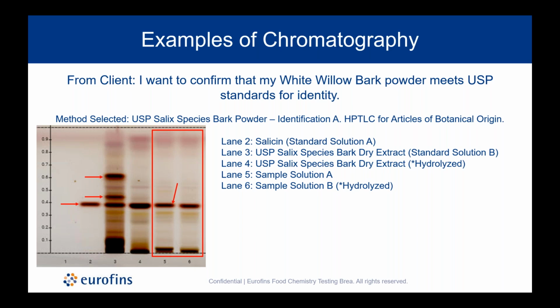And what we are seeing in the standard solution B, which is our USP Salix extract, where the two arrows are pointing, those are salicylate bands that we're seeing not present in the sample solution that is prepared